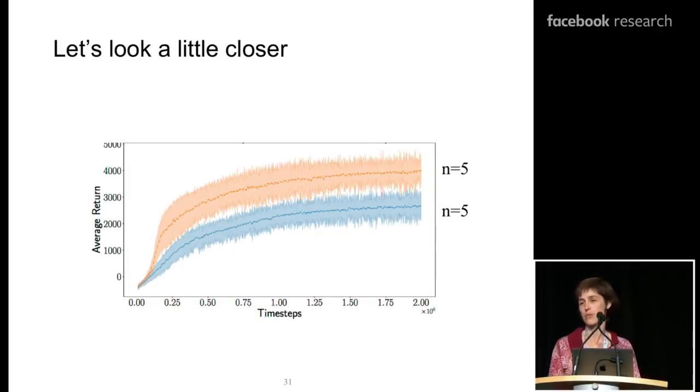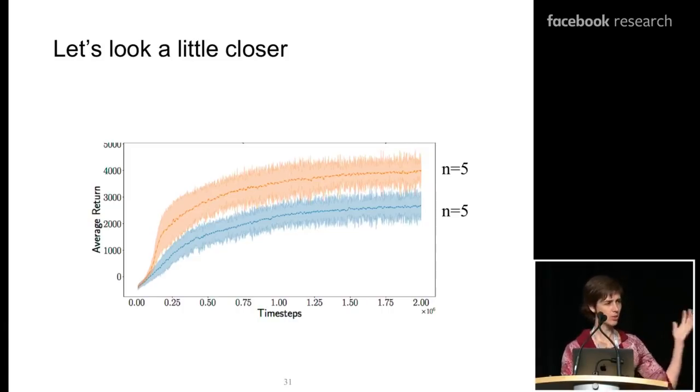Maybe one last example from policy search is the following one. In this case, we have the orange algorithm compared to the blue algorithm. There are 5 runs of each, so it seems a little bit better than if you had just 3. They're not the top 5, they're actually just 5 runs. Assume this is a really expensive thing to run. It took a long time to get those 5 lines. Based on this result, you may think that you've got a pretty clean difference between the 2 algorithms. And if the student comes presenting these results to you, you should, of course, ask as many questions of the good results as you ask of the bad results.